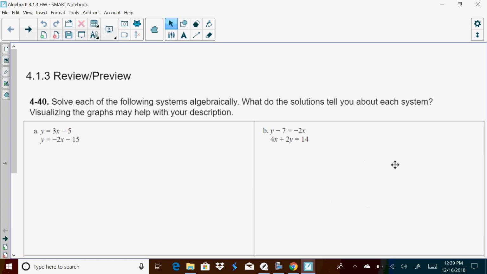Okay, here are the answers to the 413 review preview. Solve each of the following systems algebraically. What do the solutions tell you about each system? So for the first one, they're already equal to y, so I'm just going to set them equal to